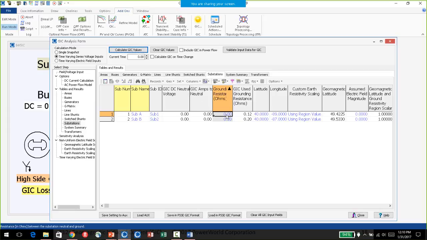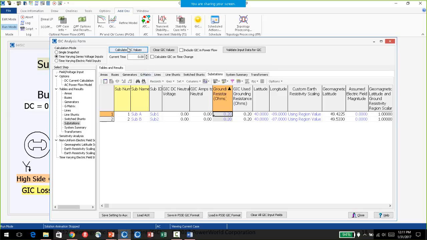But really, that information should be refined either with measured values, or you could do your own parameter sensitivity analysis where, for example, you study it once where you assume all of your substations have a certain value, and then you change that value, maybe double it, and see how that affects everything. But in this simple example, just so the numbers are nice and round, we use the 0.2 ohms to put in there.